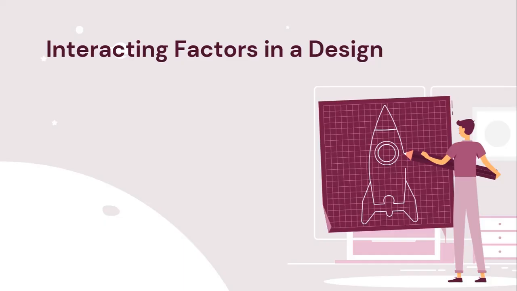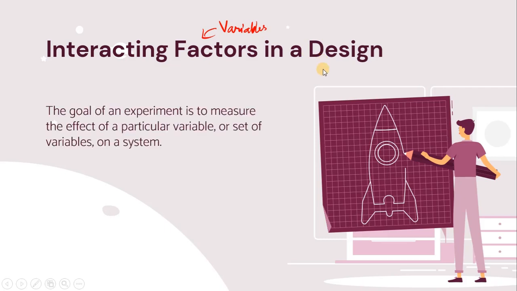And then now, after our types of variables, we can also have interacting factors in a design. Factors could also mean your variables. So the different choices are the variables in your design. So the goal of your experiment is to measure the effect of a particular variable or the set of variables on a system. Okay, you have to measure the effect, but how does the number of the interacting factors in your experimental system